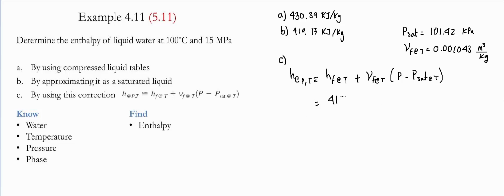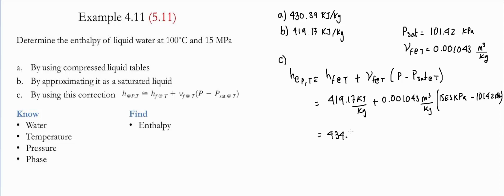We have 419.17 kilojoules per kilogram, plus we have 0.001043 meter cubed per kilogram. This is 15 megapascals, so it's 15 times 10 to the 3 kilopascals, minus the saturated pressure, which is 101.42 kilopascals. If we solve this, we find that the quantity is going to be 434.71